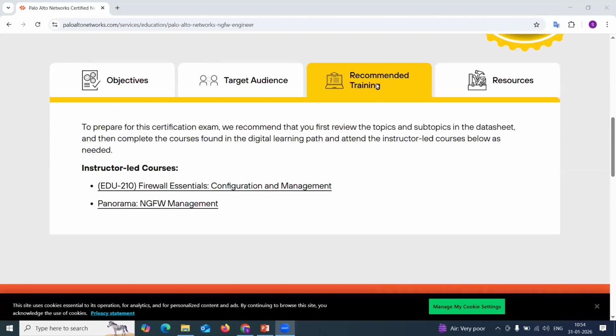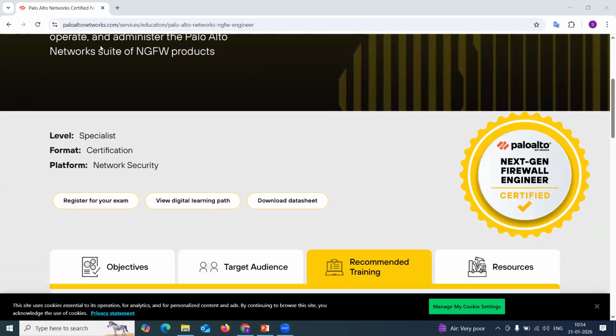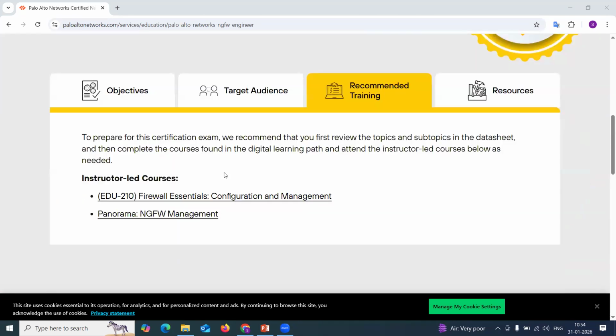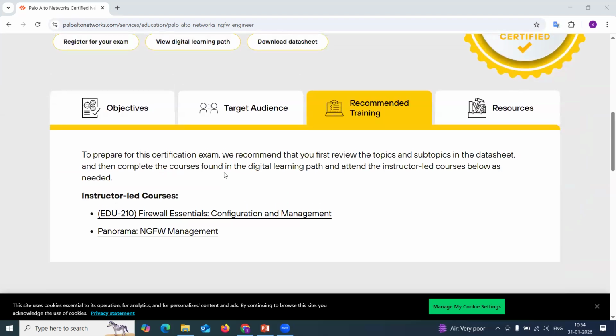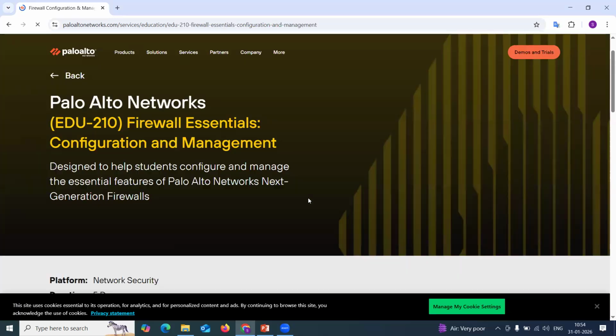Okay, so I was talking about the recommended training. Before you go for Palo Alto training, before you go for network security training, there is a prerequisite. And what's that prerequisite? Let's see. Before you understand Palo Alto Firewall at specialist level, you need to know EDU 210. And when you click on this EDU 210,